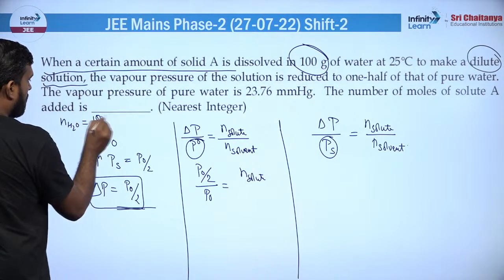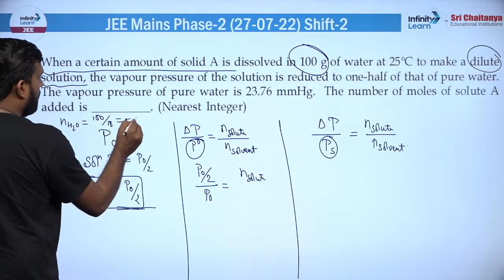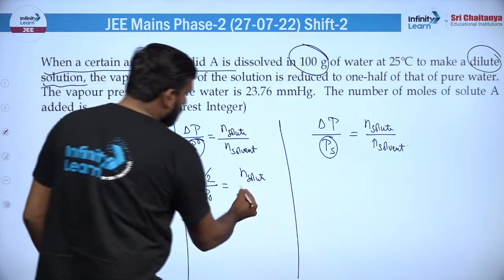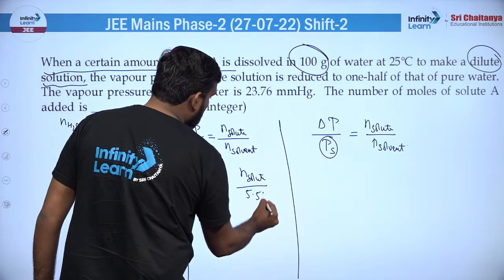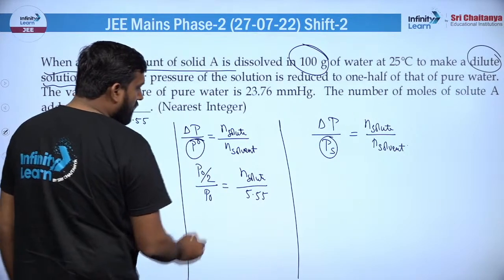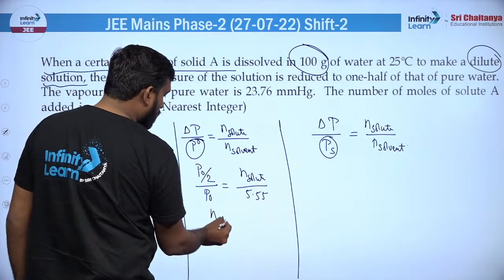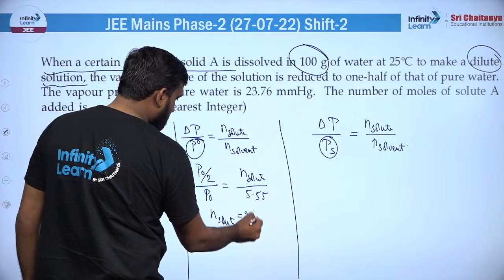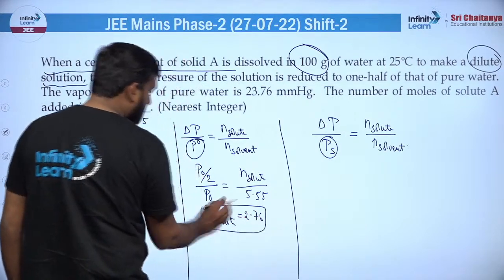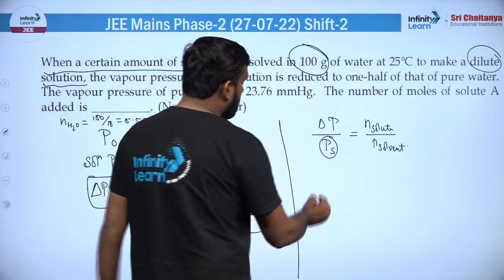तो ये हो जाएगा 100 अपॉन 18, विच इज नथिंग बट 5.55, ठीक है, ये आपके पास आ जाएगा। तो इसको डिवाइड कर दीजिए 5.55 से, और यहां से जब आप सॉल्व करोगे तो आपको n of solute जो है वो 2.76 आ जाएगा, half of this, ओके।